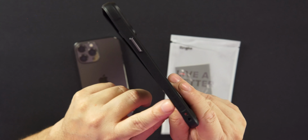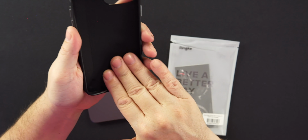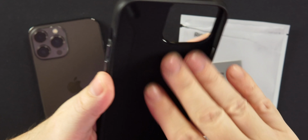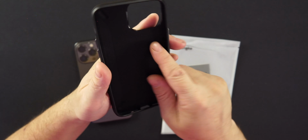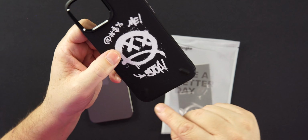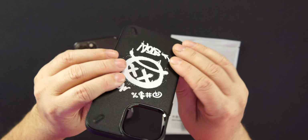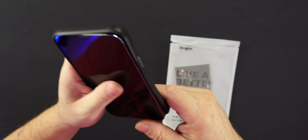We do got some branding here from Ringke, and on the inside we do have that nice smooth texture to protect your phone. It's not microfiber, it is just a silicone texture on here that will protect your phone from scratching. You do have some sort of grip on the sides here to stop it from moving around. We do have these bumps on the back of the case, that huge camera bump to give you some added protection. Let's just throw this guy in actually and check it out and see what kind of fit we get